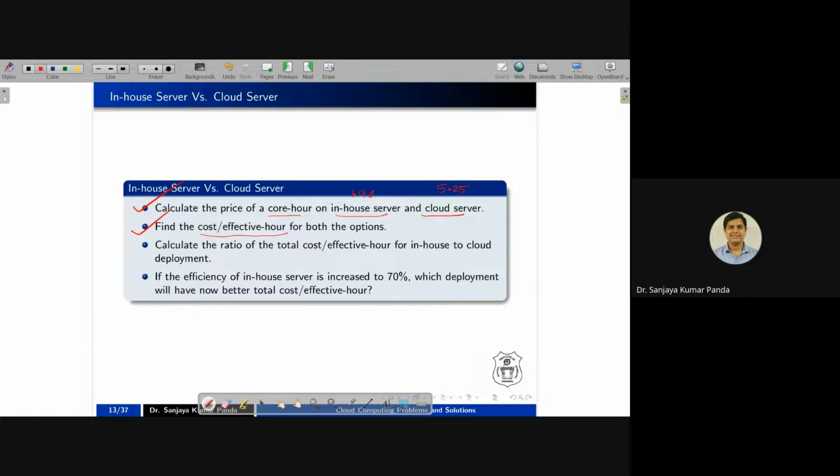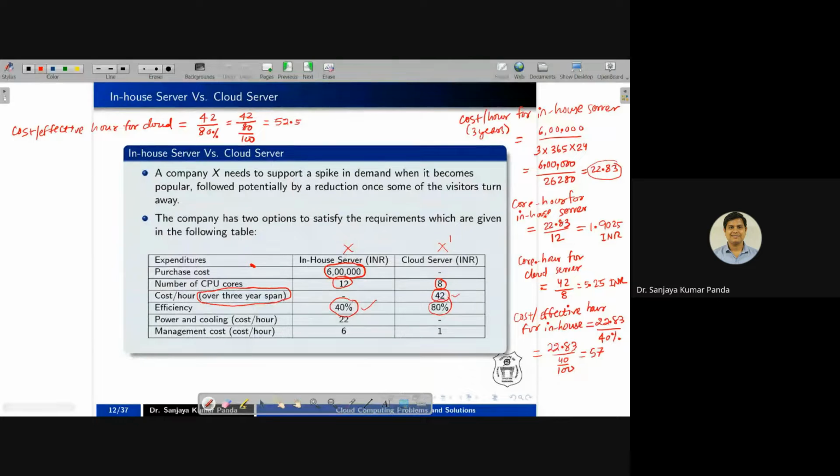Okay. Coming to the third question, what does it say? Calculate the ratio of the total cost for effective hour for in-house and cloud deployment. So we have to calculate the ratio of total cost. Here it says cost per effective hour, but here we have to calculate total cost for effective hour. So if we calculate total cost per